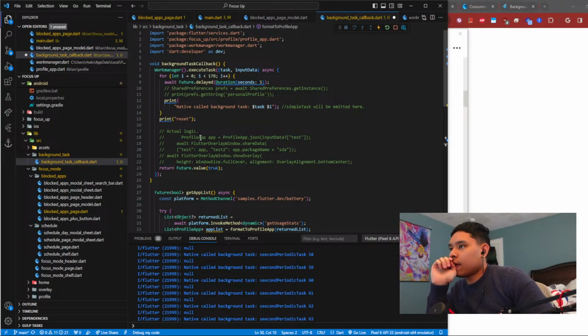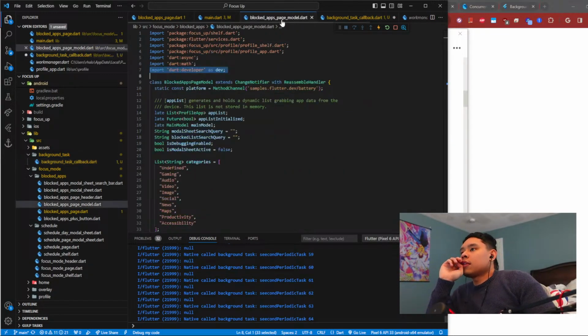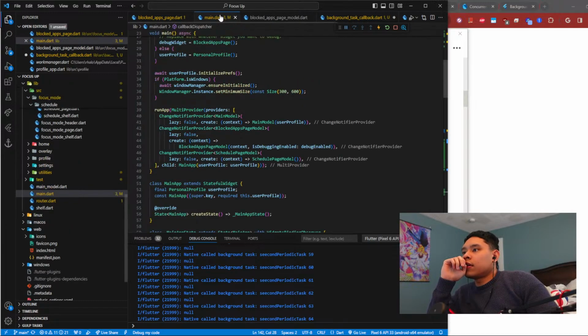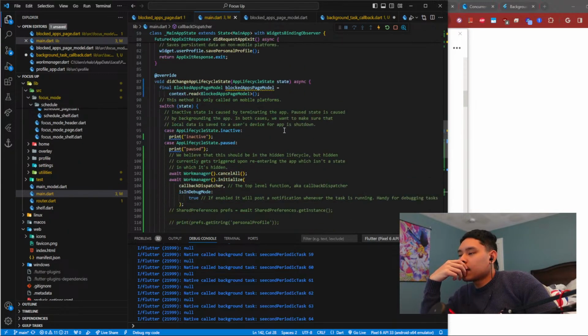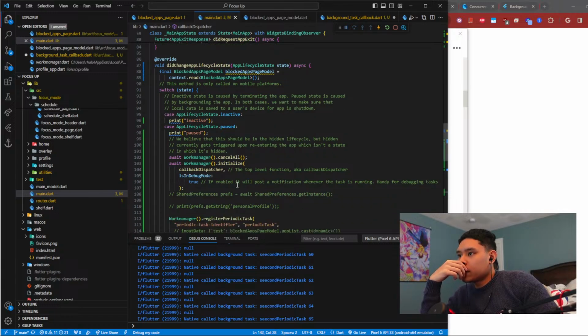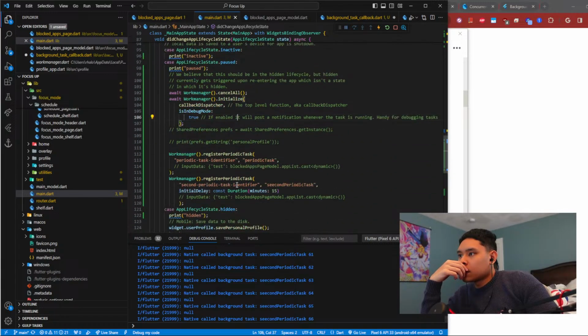Okay, so all right, so with this logic, what we need to send over, yeah, we need to send over this. We need to send over the list of blocked apps. And